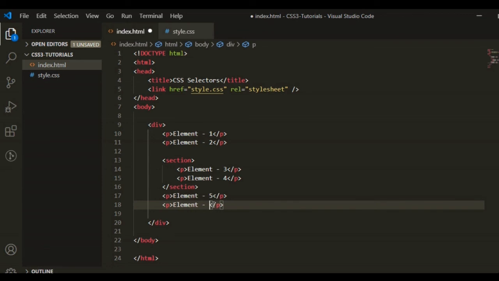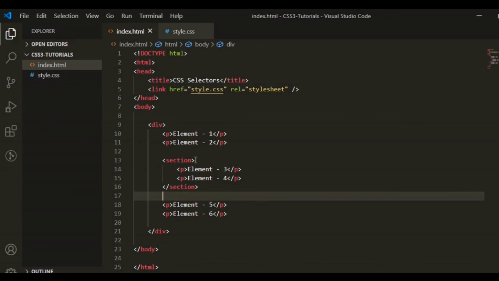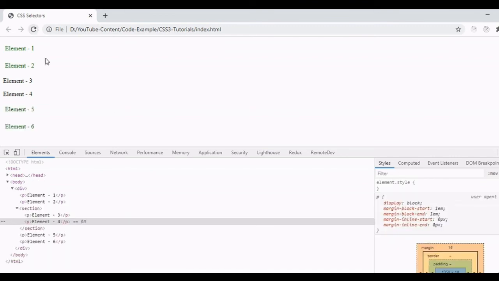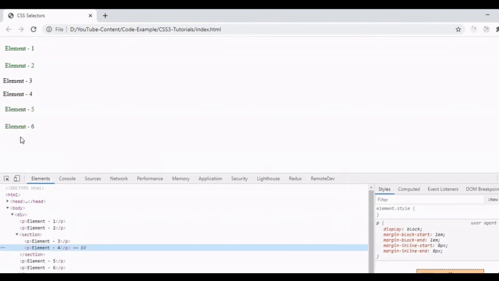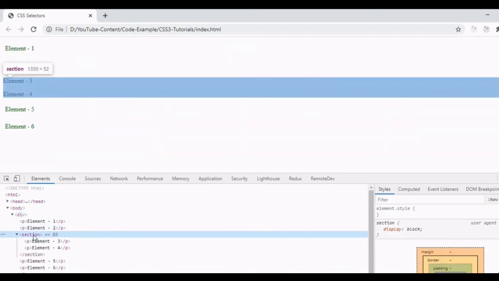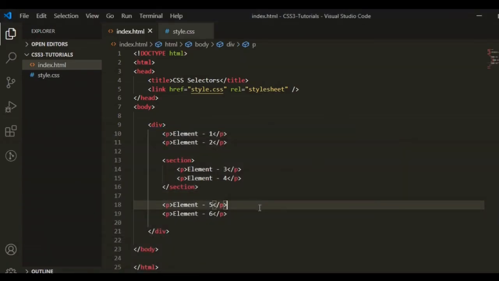So let's take some more paragraph elements. And just refresh the browser. Here you can see element 5 and 6 also getting the CSS like element 1 and 2, but element 3 and 4 are not getting the CSS. So this is the difference, only direct child containing the CSS.